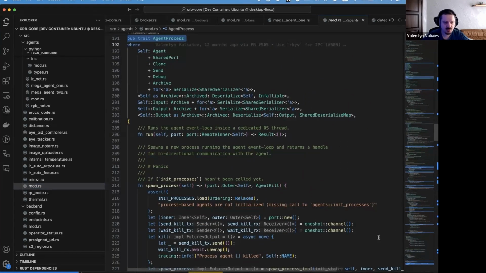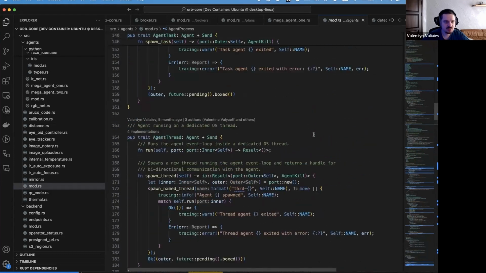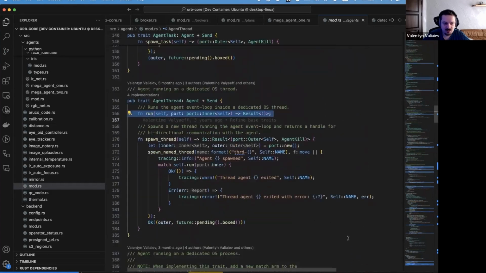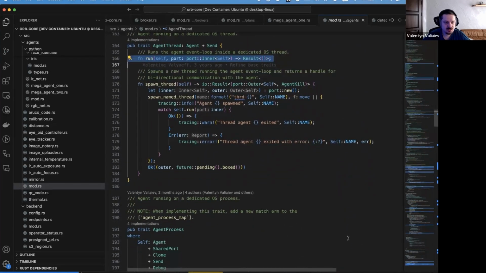The main difference between those traits is the run method. You can see that in the agent task, it is asynchronous. So if we run asynchronous code, it's better to use agent task because it's the most lightweight agent. If we need to run synchronous code inside an agent, then we can use agent thread.